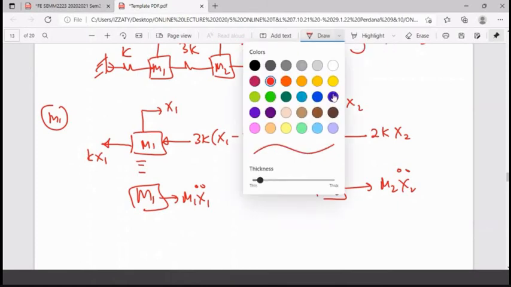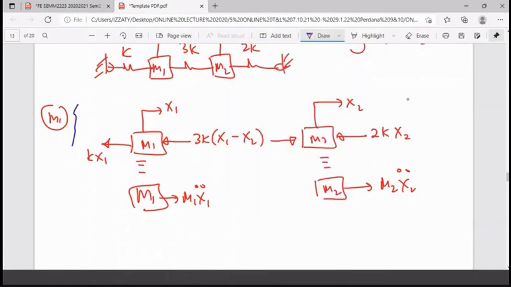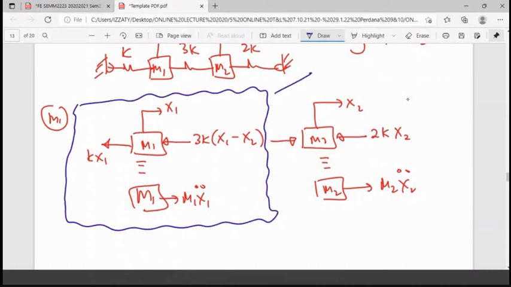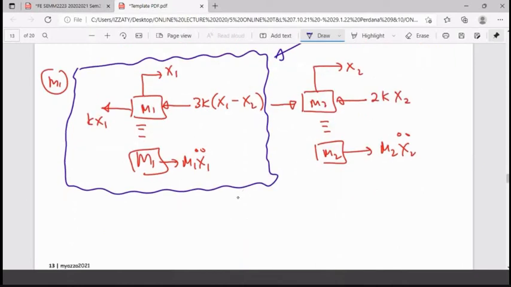Then you start thinking, okay, I'm going to start with this one, for example. But do not do this line, yeah? This is just to separate this one. Okay, do not do this one. This is just to show that first I'm focusing on this one, then I'm focusing on this one. Don't do this jagged line here, okay? So, okay, summation of F equal to M X1 double dot. Saying that move that one positive. So I'm collecting this one becoming